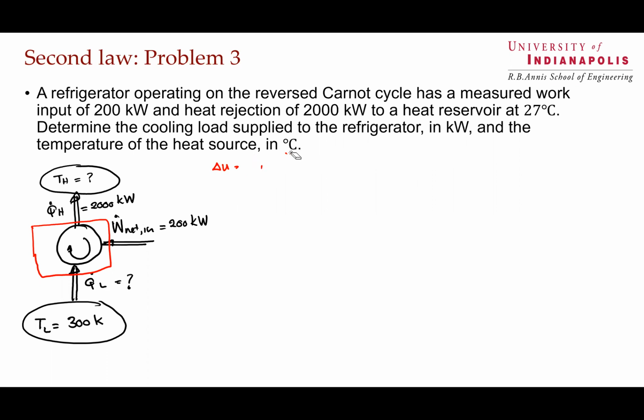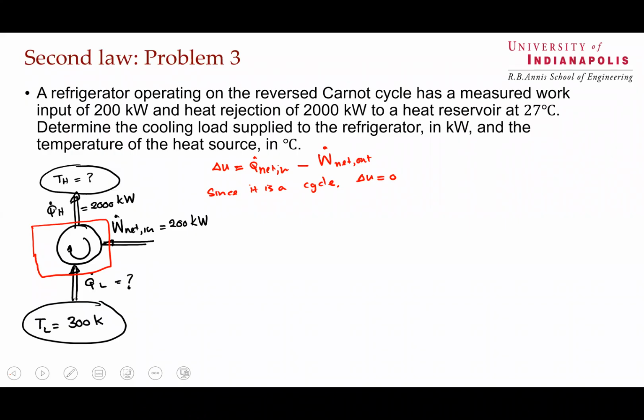Or we can say that we take that closed system equation, Q dot net in minus W dot net out. Delta U is 0. Why? Because it's a cyclic process. Since it is a cycle, delta U equals 0 because it starts and ends at the same state. So 0 is equal to